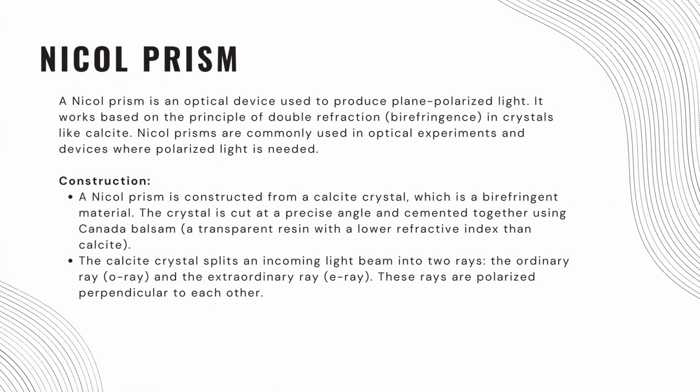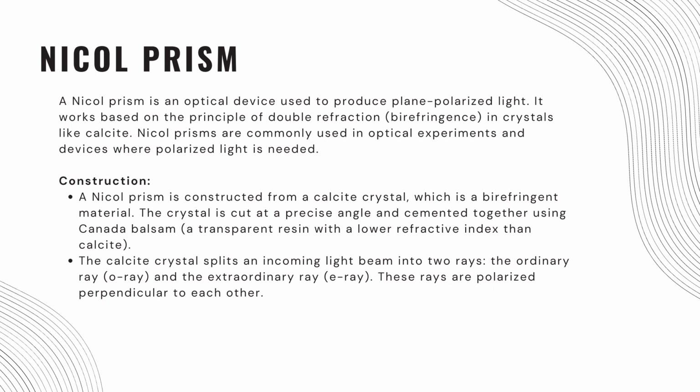Nicol prism. A Nicol prism is an optical device used to produce plane polarized light. It works based on the principle of double refraction, birefringence, in crystals like calcite. Nicol prisms are commonly used in optical experiments and devices where polarized light is needed. Construction. A Nicol prism is constructed from a calcite crystal, which is a birefringent material. The crystal is cut at a precise angle and cemented together using Canada balsam, a transparent resin with a lower